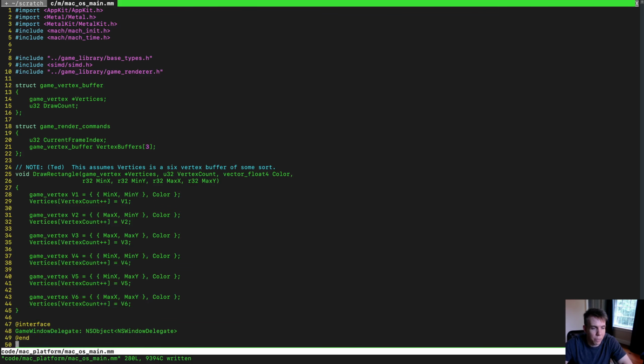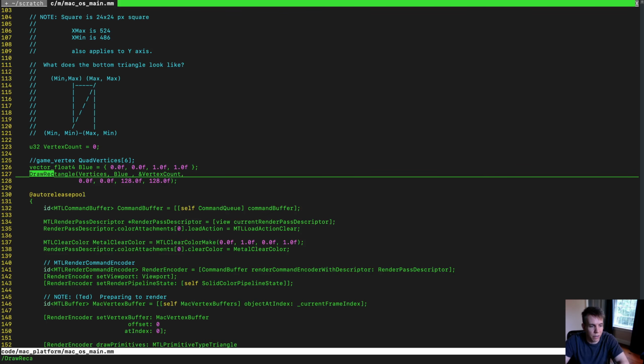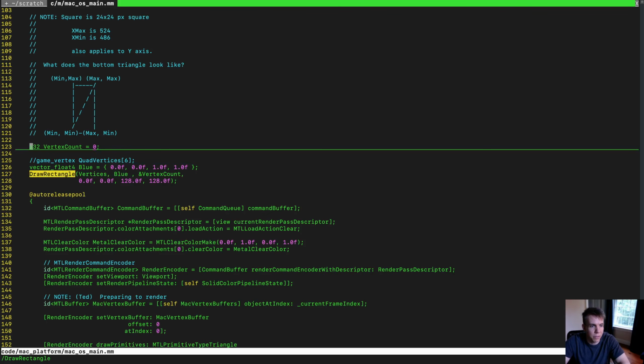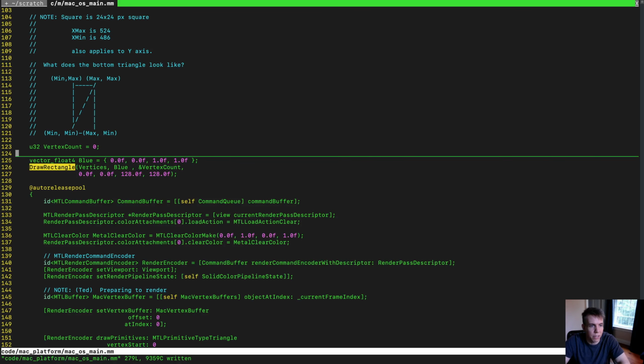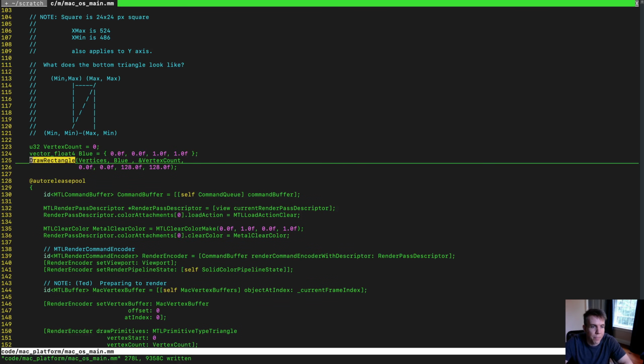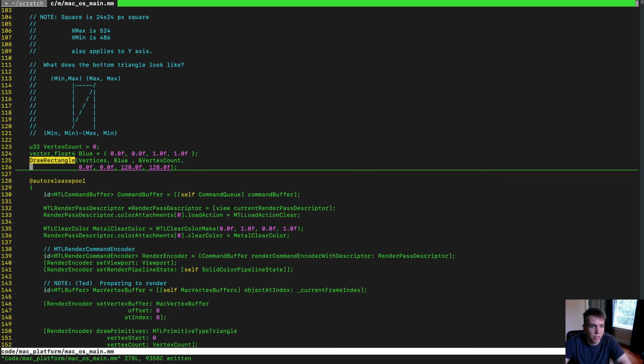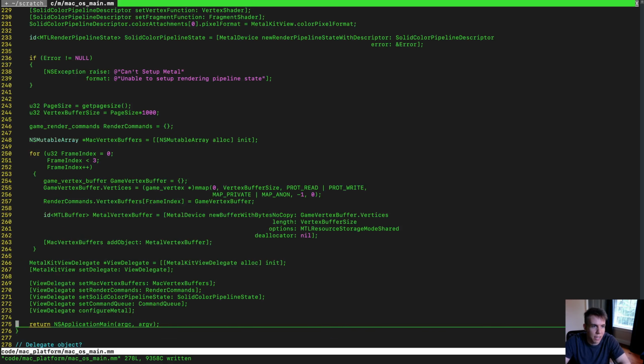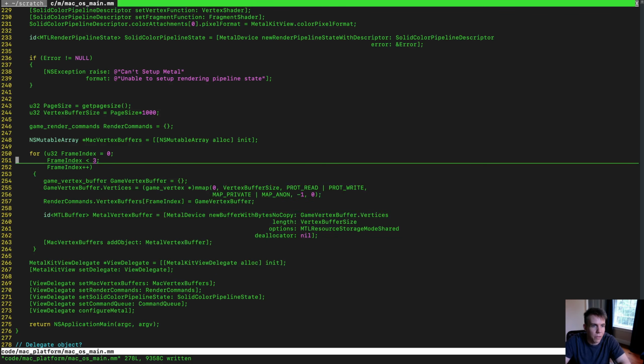And now we can go back to where we called this, draw rectangle, right? And we're passing the vertex count. We don't even need this, really. Okay. So now this ought to draw exactly the same thing, except the only difference is we should be able to call this basically as many times as there are vertices in our vertex buffer. Now I say that because, remember,